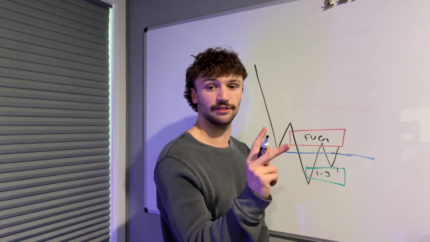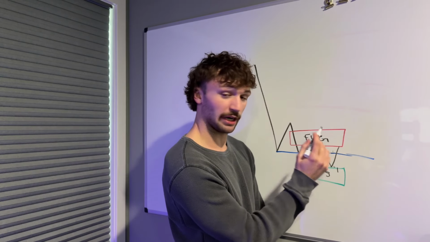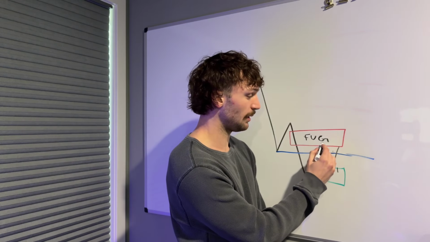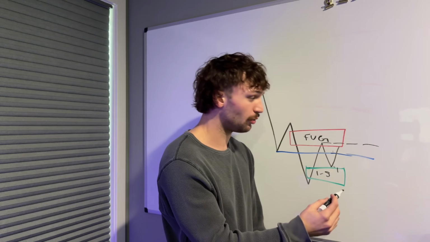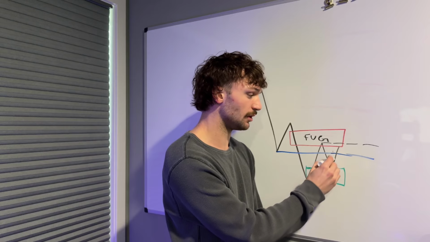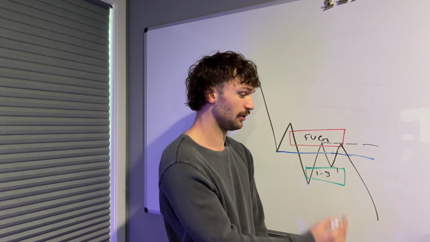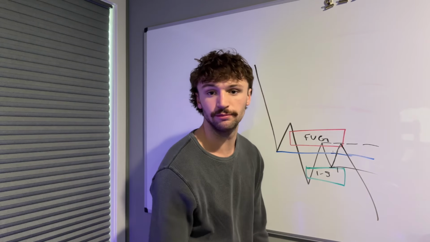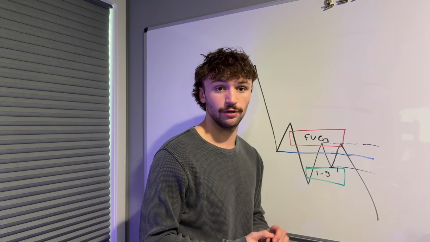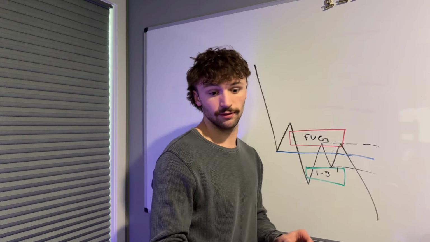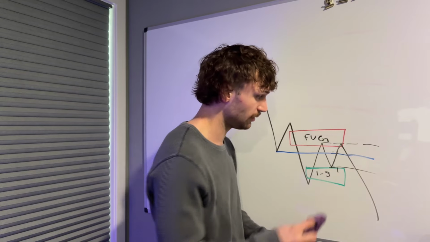There are two scenarios that happen, okay? What I recommend most, and this is what I do, I set my break even at that rejection of the fair value gap. So if we do, for whatever reason, go like this and then reject right back down, cool. I'm stopped out for break even. I don't lose a single dollar. Yes, I don't make a dollar, but I don't lose a single dollar. That is the way that you do that. Okay, so that's what it looks like if it doesn't go right.